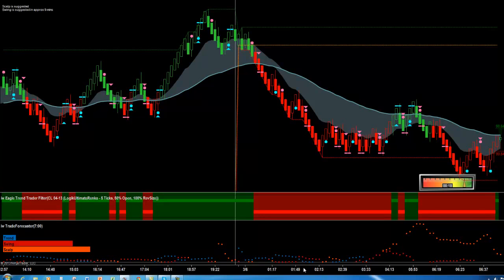Now you might be asking yourself, how does it do this? Trade Forecaster scans the recent history of price movement for the instrument that you're looking at, and it does this over a period of the last several weeks. It's looking for periods of time during the day when the price movement increases, decreases, or it may even stay the same. Then the proprietary algorithm calculates which bird may be the best choice to trade with at that time,